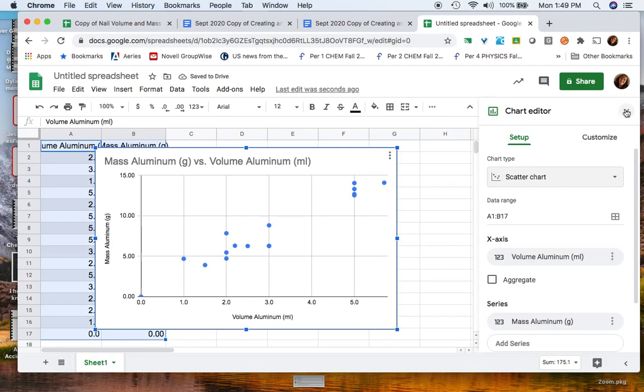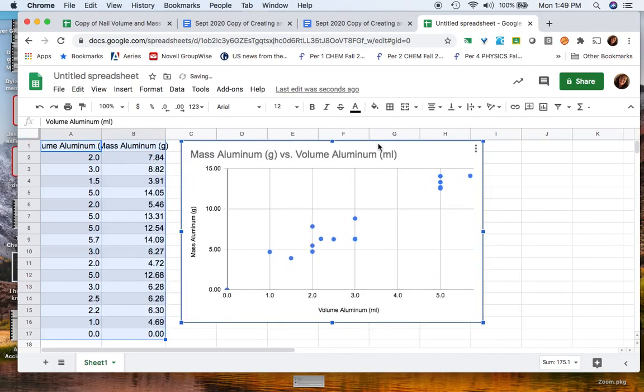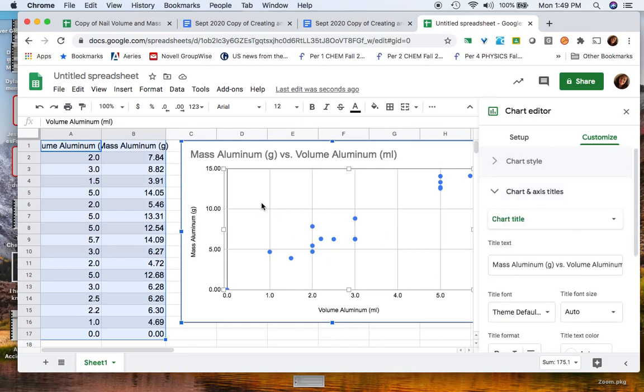A couple things I just want to show you about the editor. You can close it. You can move your graph around. However, sometimes you might decide, like looking at this one, I want to fix my axes. So what you would do for that is double click, and then the chart editor comes back up again. Style is fine. Title and axis, let's see, it's got mass of aluminum in grams versus volume of aluminum in milliliters. That's pretty good, but I'm going to put in